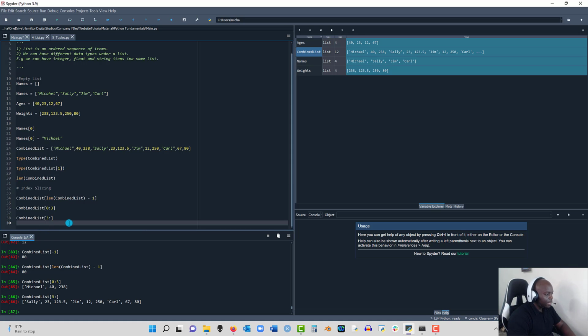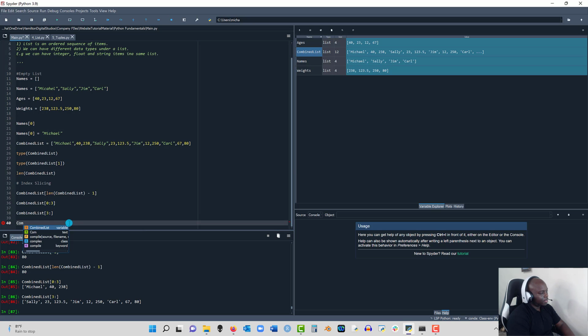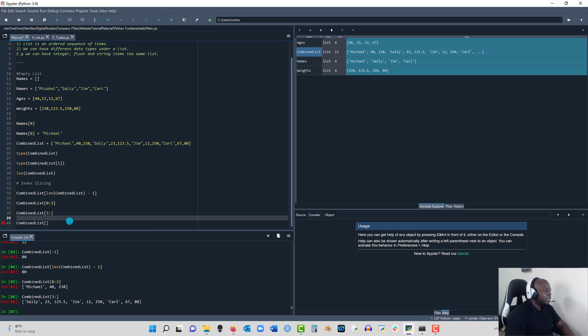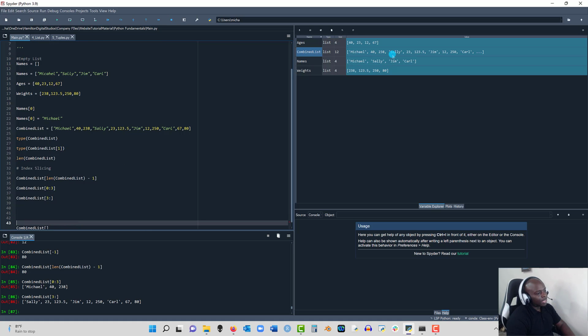You can get specific items out of a list by passing in, I think you can do that by passing in a list. So like if I do combine list, and if I want it, I have to create another list. So a list within a list. No, you know what? I'm going to do this differently because that's a little confusing. So if you want specific items out of this list and you know their index positions, you can